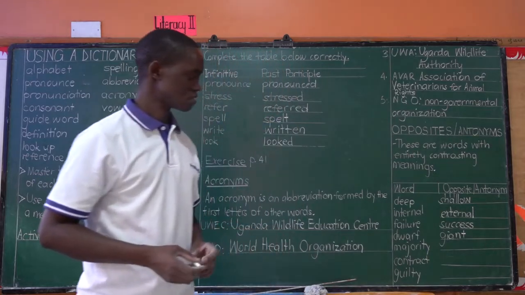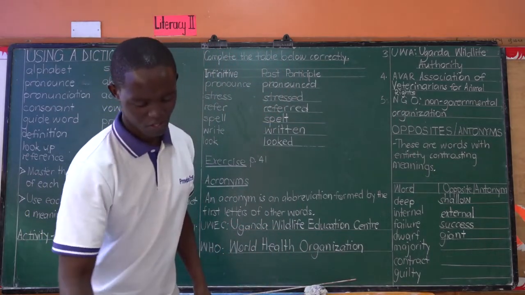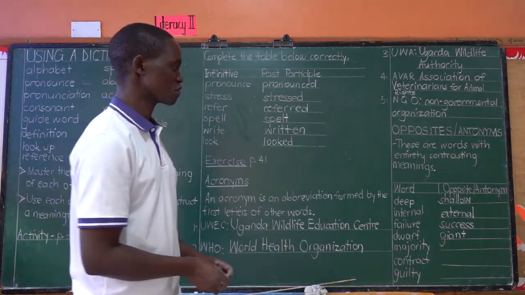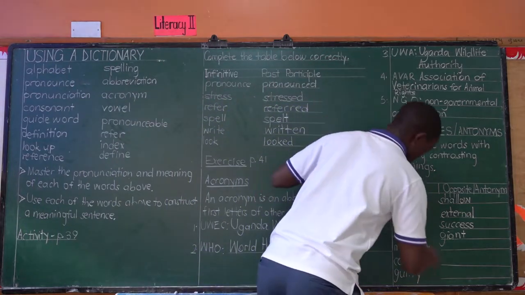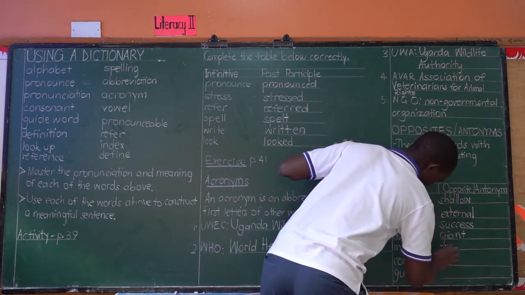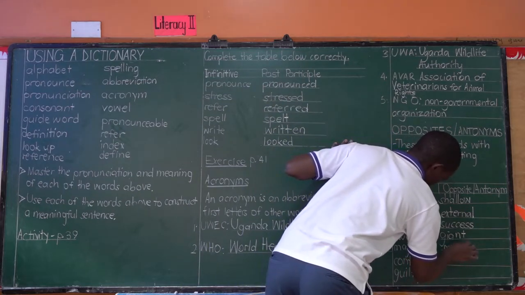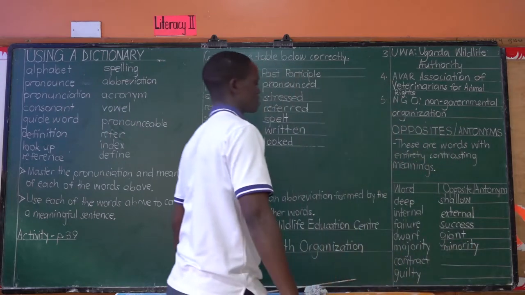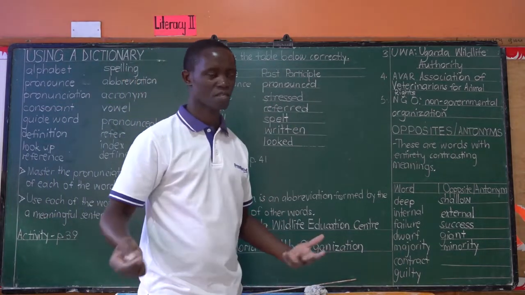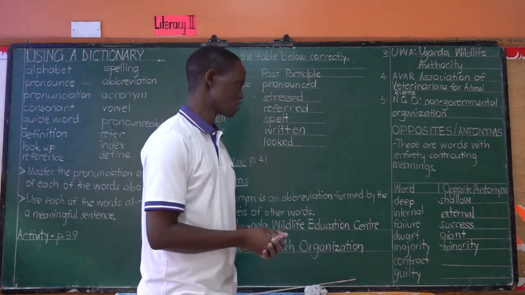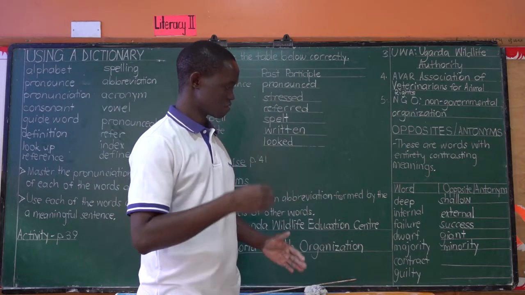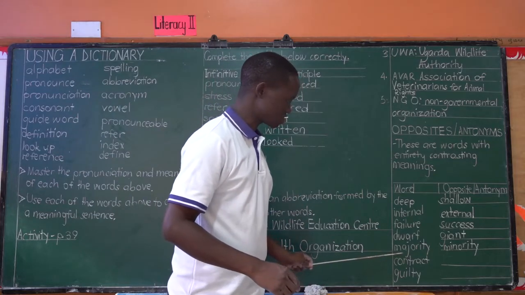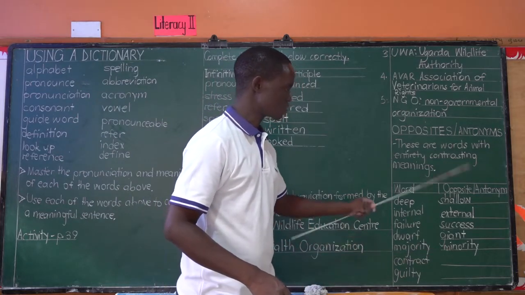Then majority is the word. Teacher, on which page are we? Someone may be asking that question. We are on page 44. Page 44, that's where we have antonyms or opposites. Majority, from major, has its opposite as minority, from minor. Both are nouns. Major is an adjective. Then minor is an adjective. Sometimes minor can also be a noun. But here I'm talking about from adjective to noun. From adjective major to noun majority. From adjective minor to noun minority.